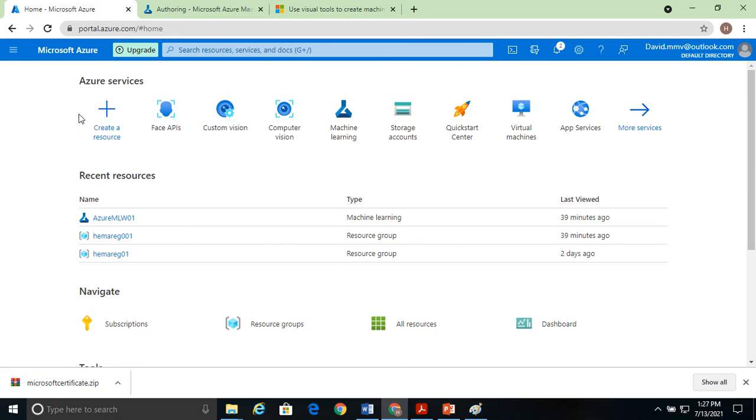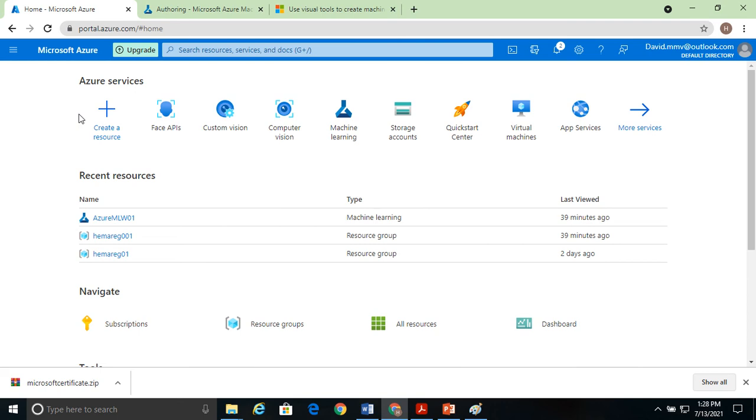When you sign in as a new user, it will ask you for credit card details. You have to give your credit card details, but you will not be charged any amount. It is a free account. You will have credits of $200, valid for 1 month. After 1 month you will be asked to upgrade, and when you upgrade, you will be charged as you use. So for 1 month it is free, so you need not worry. 1 month is sufficient to prepare for this course.